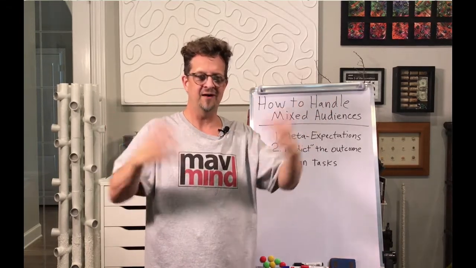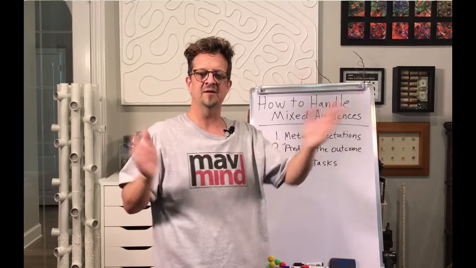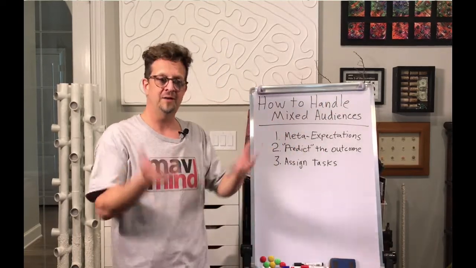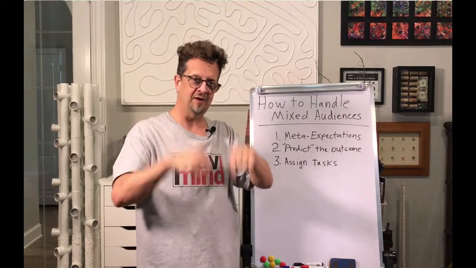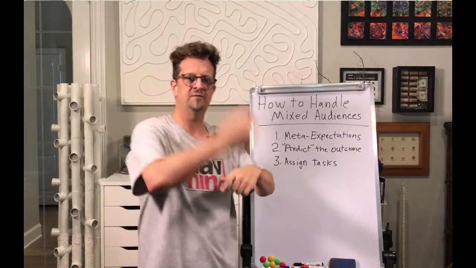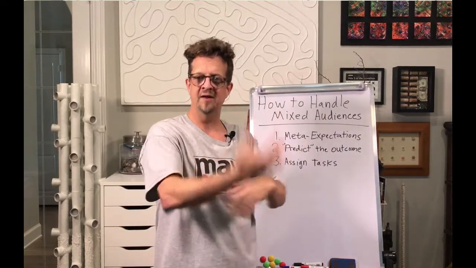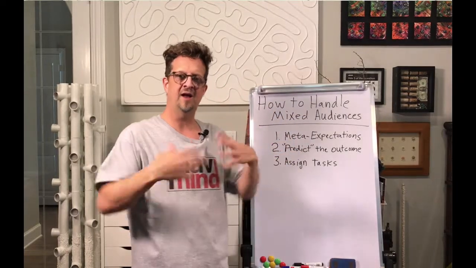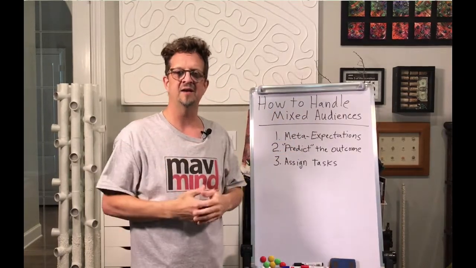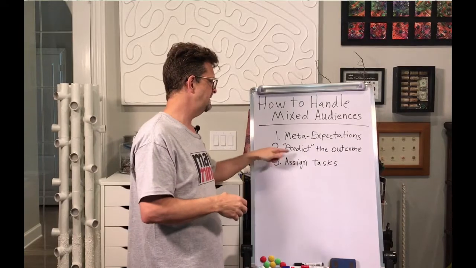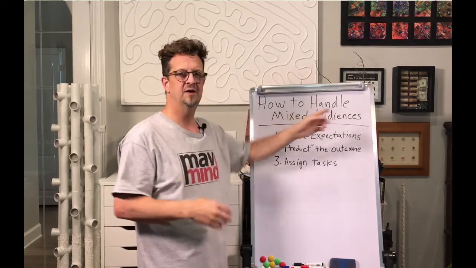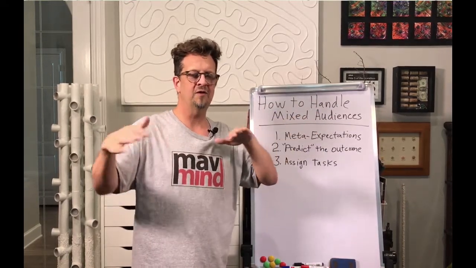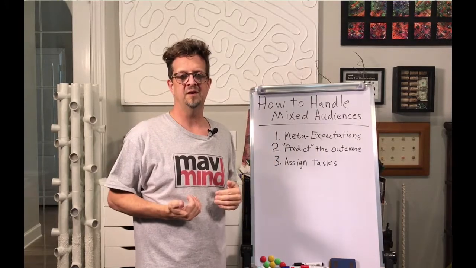It already has the outcome. It already has the positive thing. I've already planted the positive thing of what's going to happen at the end of that meeting, and it already sees it as positive right this moment, and every moment forward I keep it in that happy state. I prime it basically into that happy, positive state about the meeting right now. So that's another way you can predict the outcome in order to make sure everyone in the audience, no matter what they're there for, is going to see the meeting as being positive.